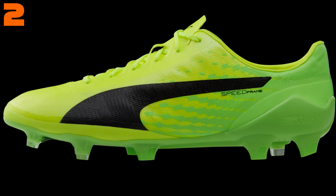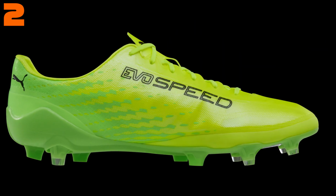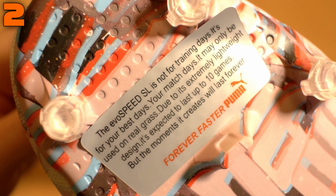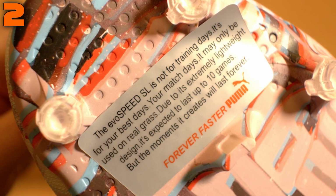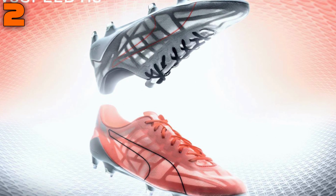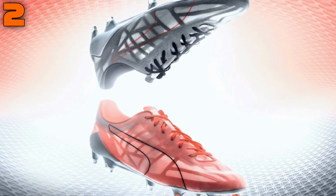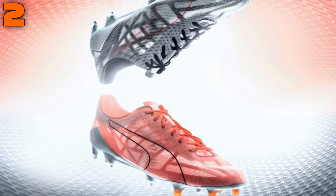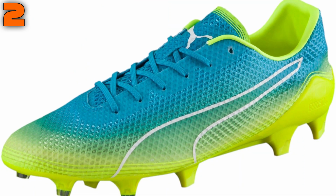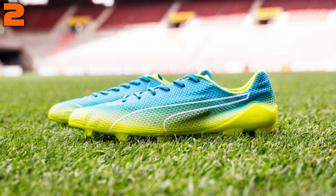The worst thing about the EvoSpeed SL ranges is that Puma say that they will only last 10 matches. Seems a bit crazy to me why a boot with a £200 price tag will only last a quarter of a season. In addition, Puma launched the EvoSpeed Hedon, which weighed in at 105 grams, which again was a different variation of the original SL generation. As well as that, Puma dropped the EvoSpeed SL Fresh model, which again is another lightweight model, weighing in at